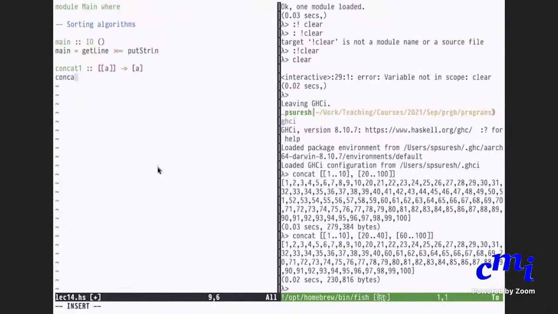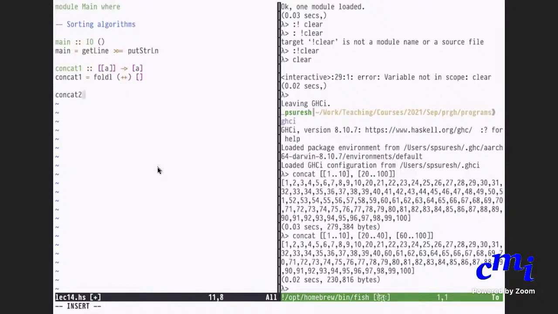Concat 1 is just fold L of plus plus, empty list, because you initially start with the empty list and then you keep doing plus plus. But this is fold L. I could even do fold L prime, but it doesn't matter.